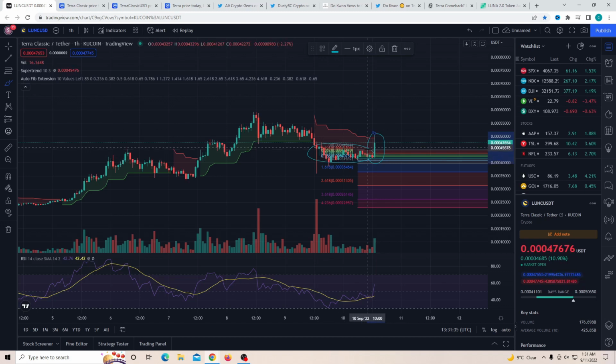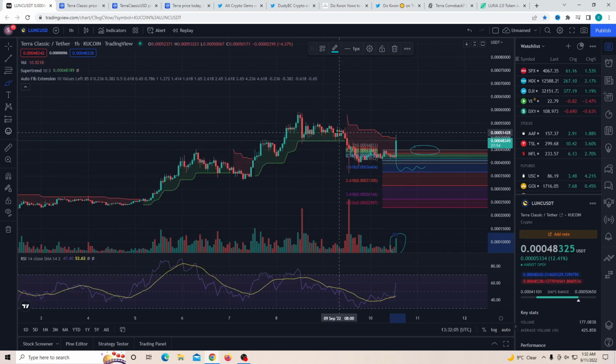Another thing which this rally helped with is, if you guys have been paying attention, right now we were sitting on the resistance level, this final one, before we could make any sort of rally. This consolidation period actually scared a lot of people, as a lot of supports would have been tested if it did decide to go down, and that would not have been the best solution which a lot of people were looking for. But seeing this buy order that just came in the last 30 minutes helped Luna Classic go completely